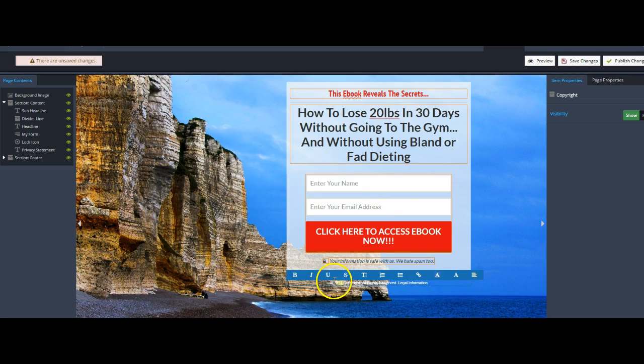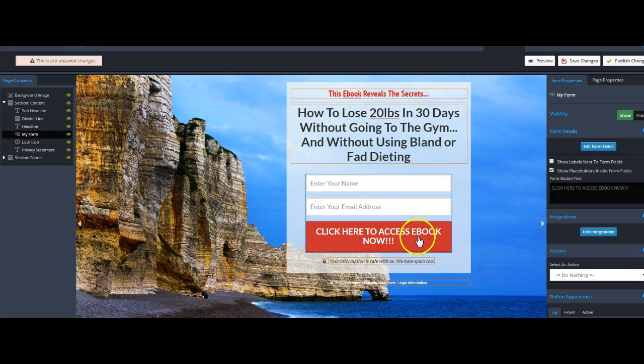If you want to update all the information here, so it's 2016, change the copyright. You can change that on the fly. And you see right here, it says select an action. Right now it's currently do nothing. What I would do if I were making this ebook for Jack, I would put this ebook on a Dropbox file, or maybe a Google Drive file. And then I can go to URL and type that in here.